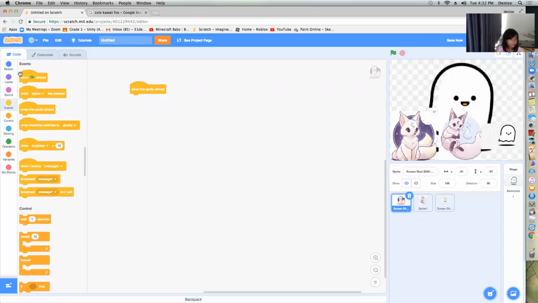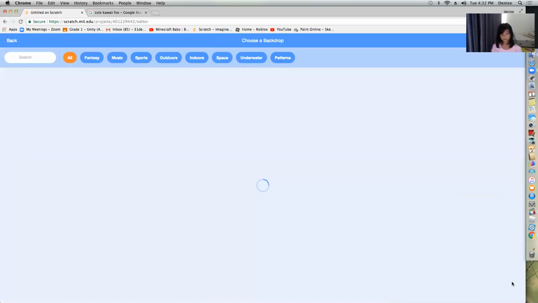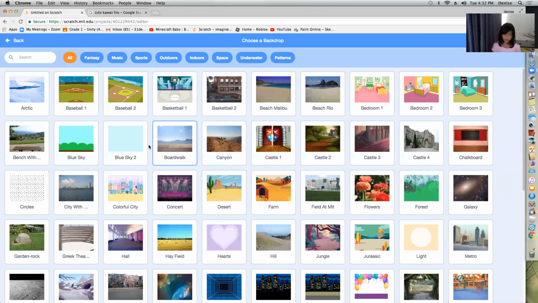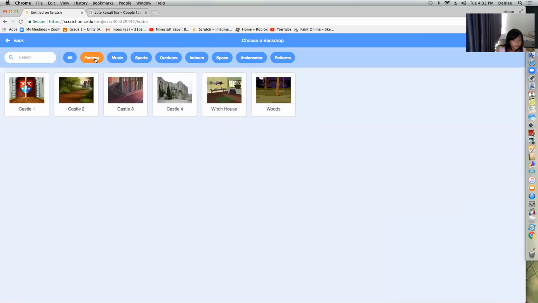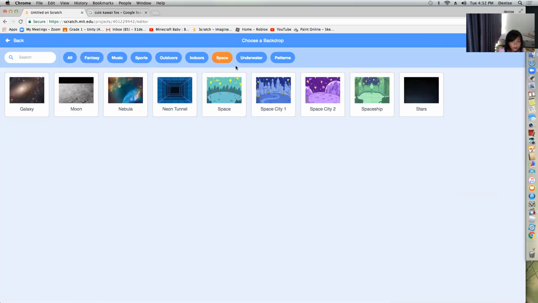When this sprite is clicked, oh, you can add a backdrop. Or you can choose a backdrop too today, like fantasy. Oh, space.